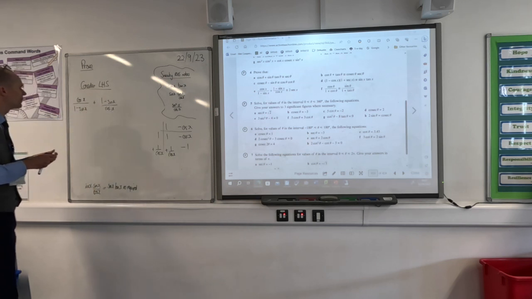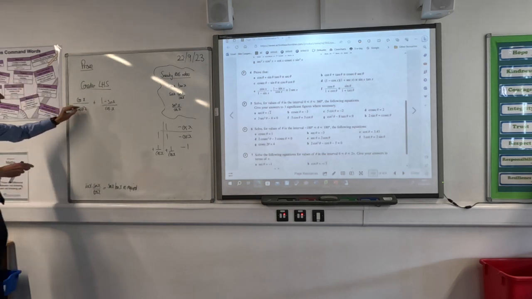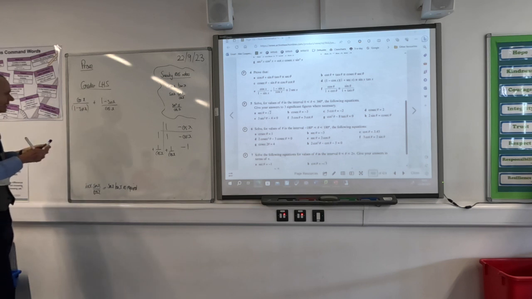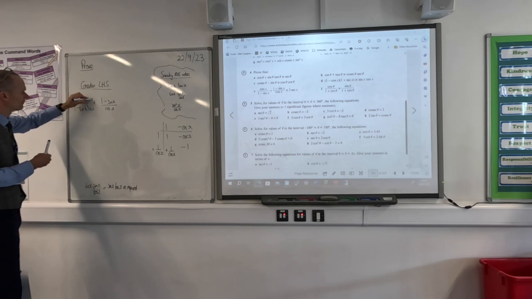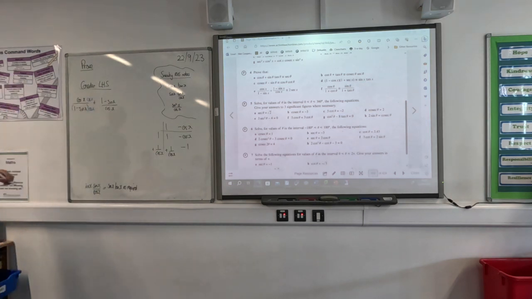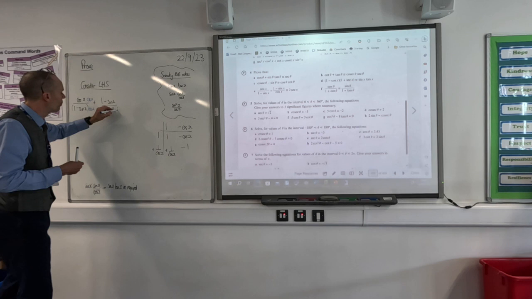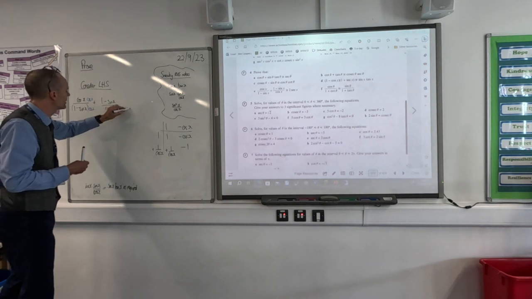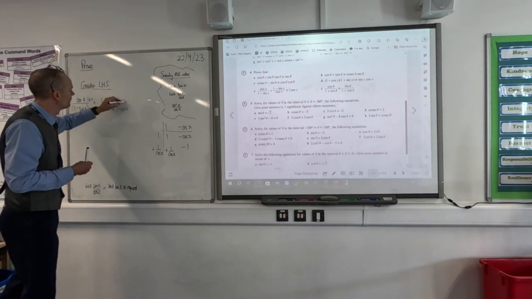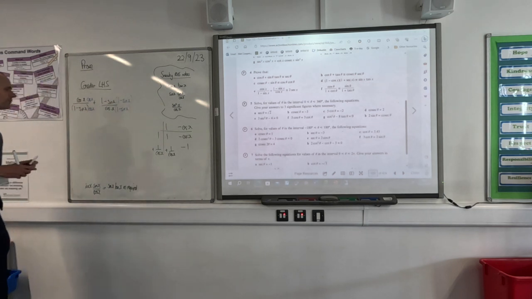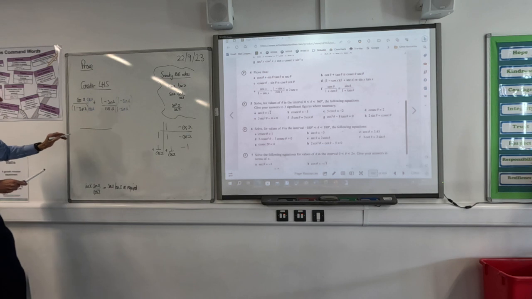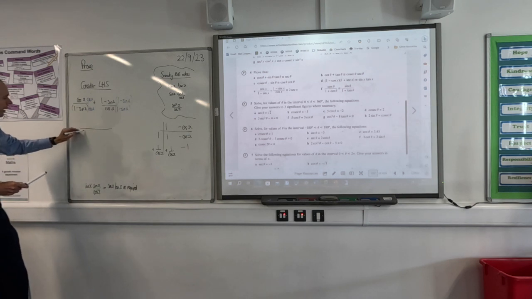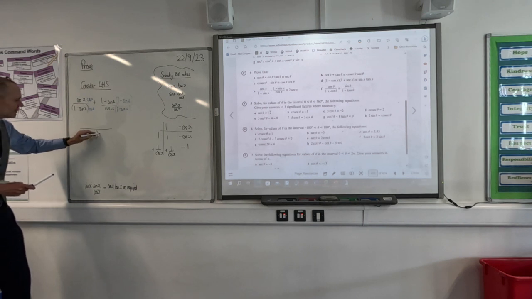To get a common denominator, I'm going to have to multiply this side by cos x, top and bottom, and this side by 1 minus sine x, top and bottom,